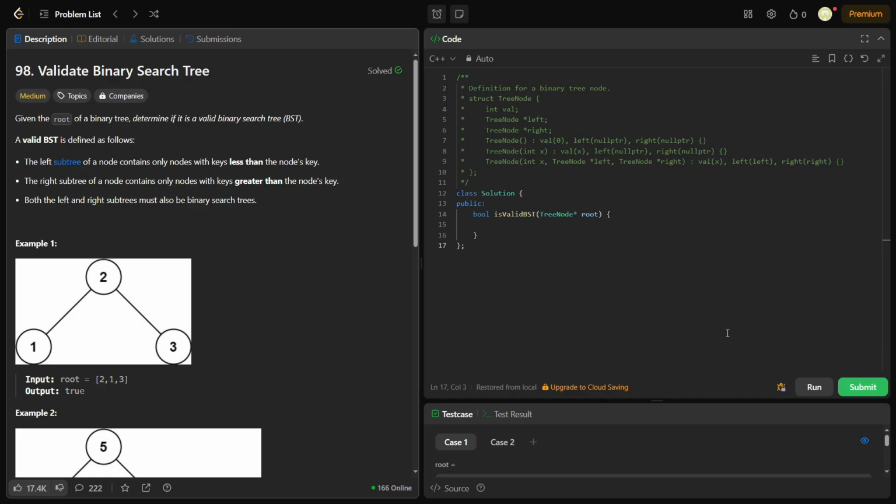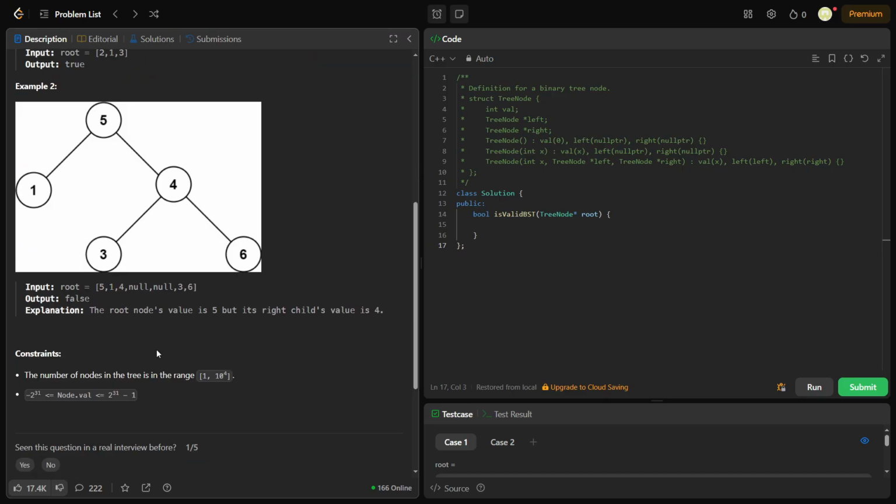Okay, so we're going to do the C++ implementation, right? We're going to check the constraints here. We don't have any weird edge cases to handle because the minimum number of nodes in the tree is 1. Okay, so